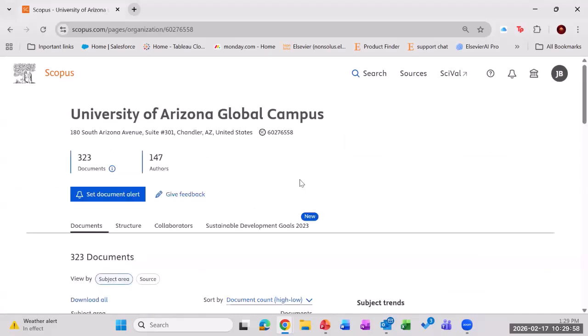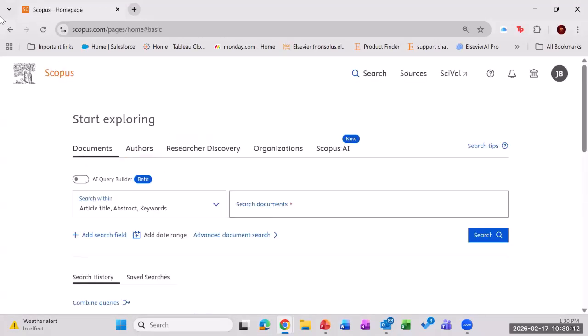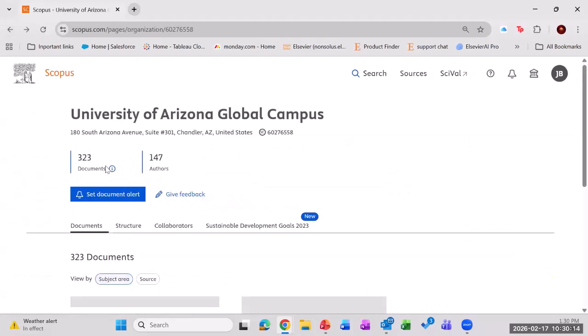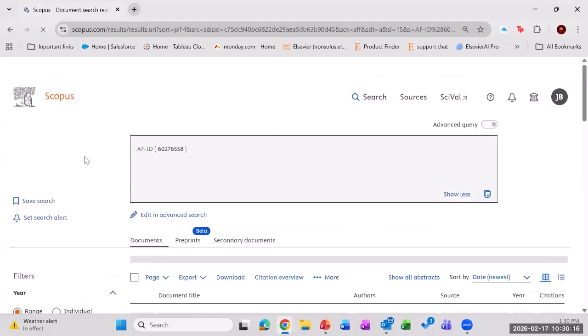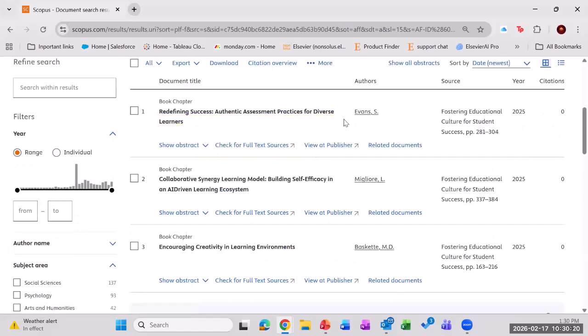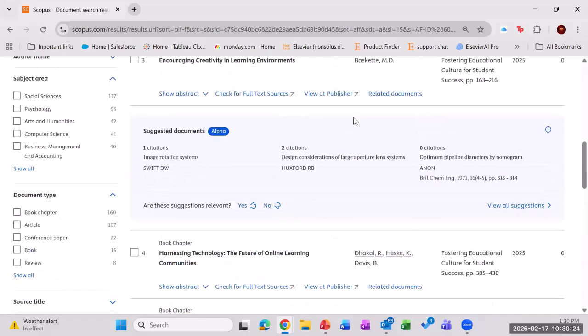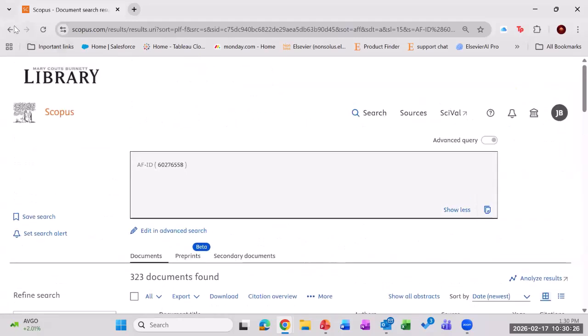So from here, you can see your university's page. You can see the number of documents that have been published at UAGC, and you can also see a list of authors. Anything that is underlined is a clickable link. So if I were to click into this, it would show me all the documents that have a UAGC author on it. If you press the back button,